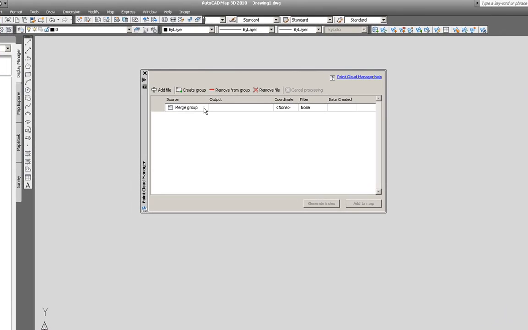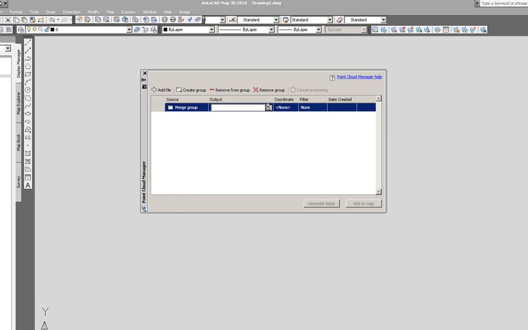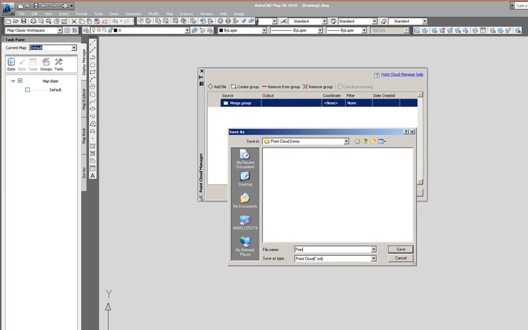You can easily remove groups as well. And then we actually need to add an output location. So we're going to just put it in this Point Cloud demo folder, and we're going to call this Point Cloud